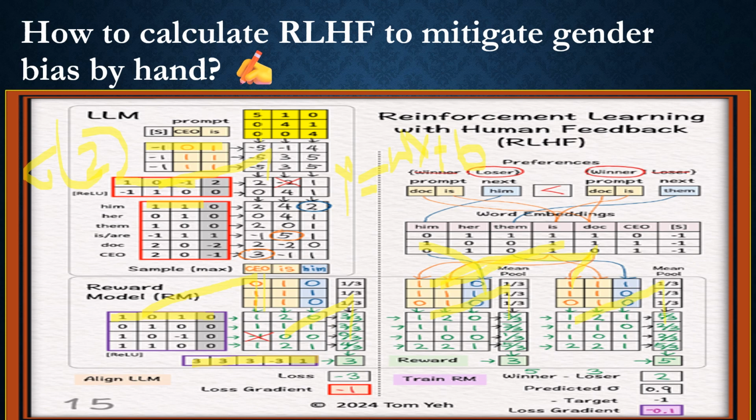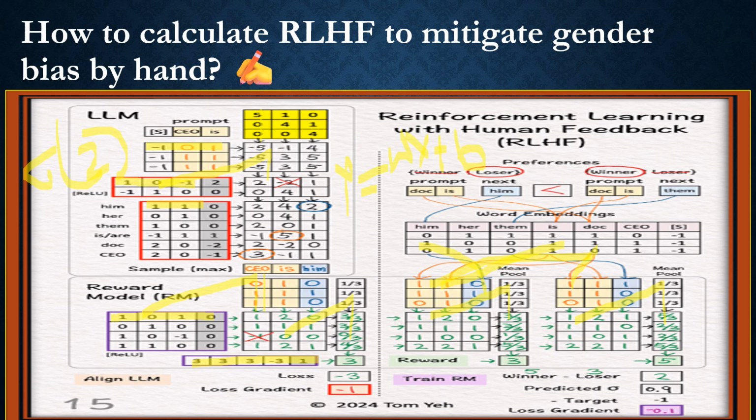We are simply taking the pooling, that is we are taking its average, right? Summing in this one. So 1 by 3 plus 2 by 3, that is 2 by 3, plus 1 by 3. So it's 5 by 3, right? So here we have done this thing. Okay, so just adding these things and we are getting the outputs like this. So here we are getting the reward as 5, here we are getting 3.